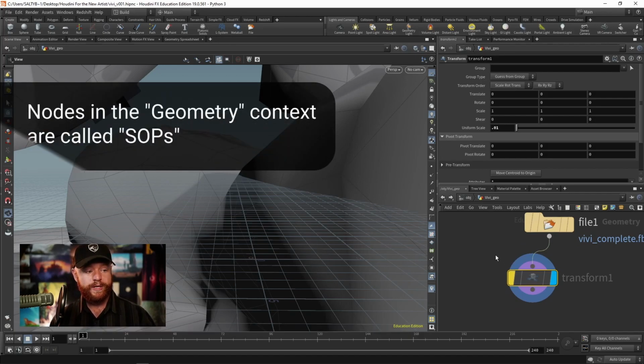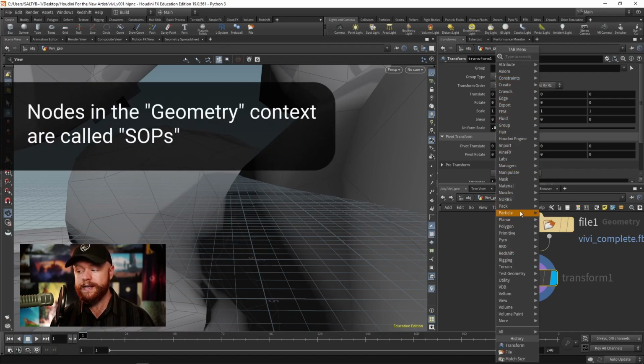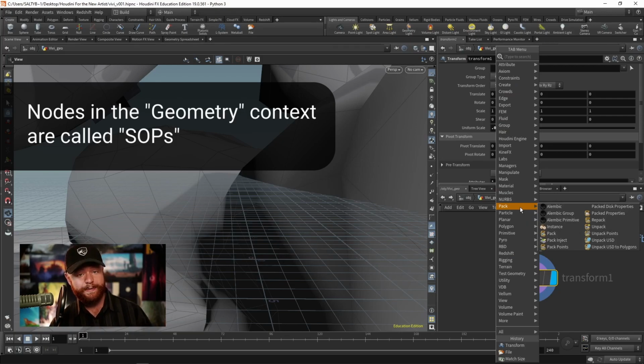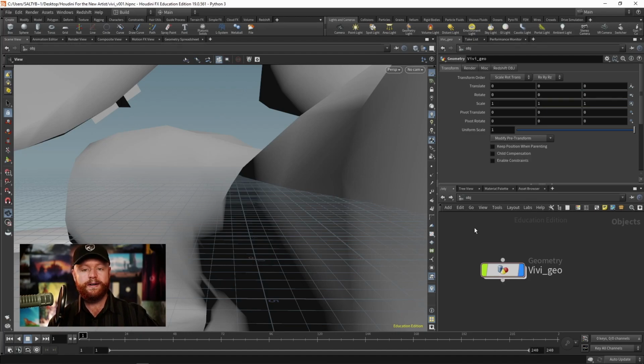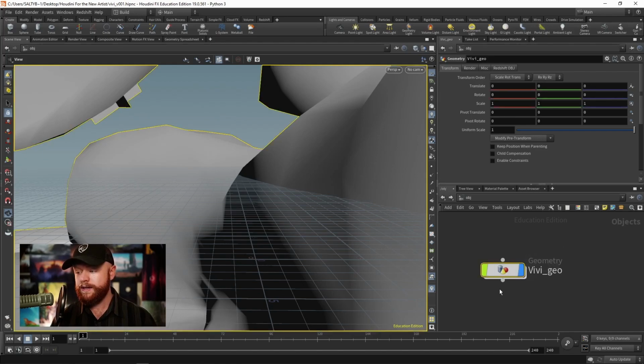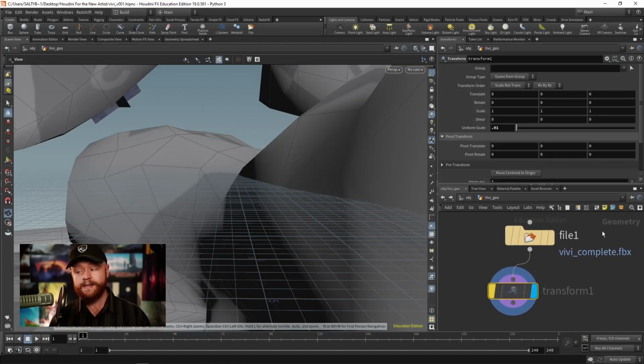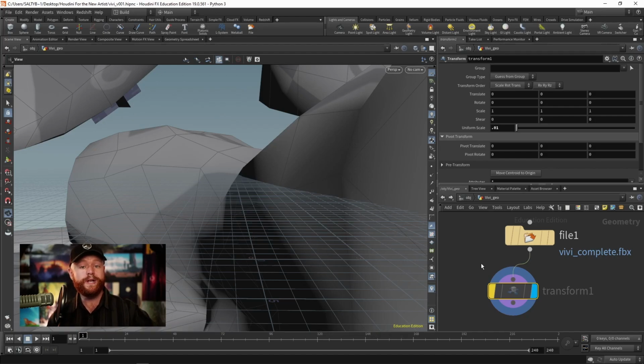context. And if I press tab, we have all kinds of nodes related to tasks which modify geometry. At the top here, we have all kinds of nodes that are related to creating lights, to creating geometry containers, to importing things that are designed to bring things into our scene. So think of it like this. The contexts have different purposes. The purpose of the object context here is to bring stuff in or create objects, to make those containers which hold stuff. The purpose inside of the geometry context is to modify geometry or bring geometry in some kind of